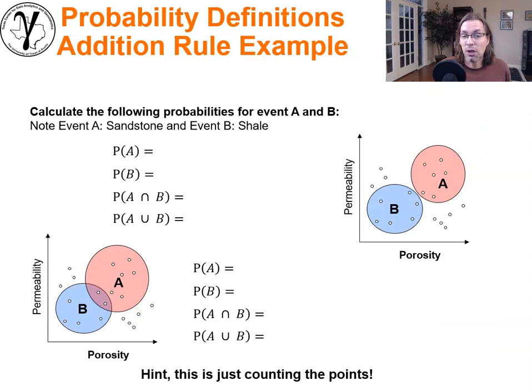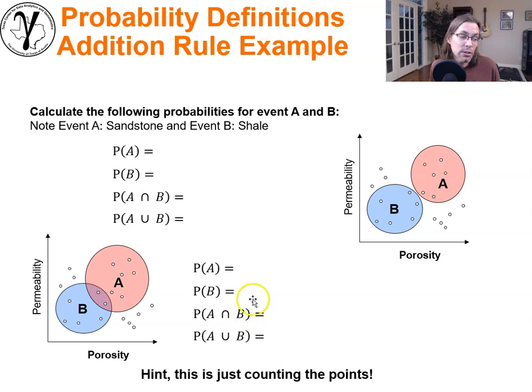Now, given what we've just talked about, we could go ahead and solve this problem right here. What are we going to do? Let's calculate the probability of A, B, intersection A and B, union A or B, for both of these cases. This case right here, porosity and permeability samples, is a bivariate sample set, 2 variables or features. And this one right here. Now this will help us understand the addition rule and that idea of double counting. Now, hint here, this is literally just point counting. In other words, just count the number of samples in A, B over the total number of samples.